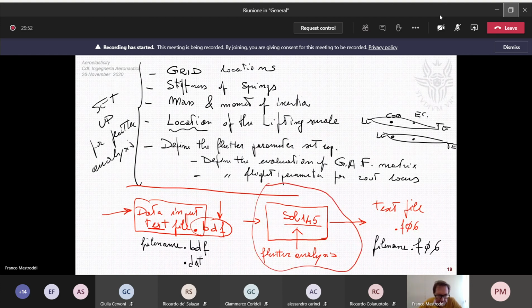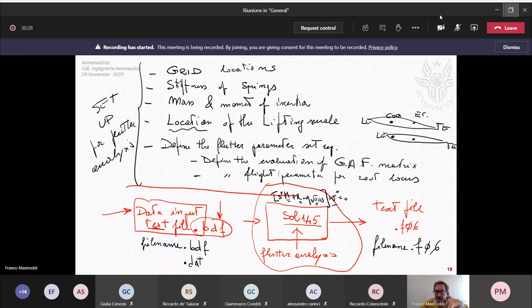This solver essentially determines the generalized aeroelastic equation, like the (s square m plus k minus q es) w equal to 0. So, and before determining this equation, we have to determine the